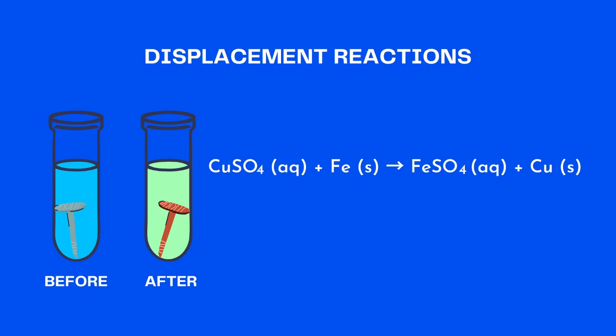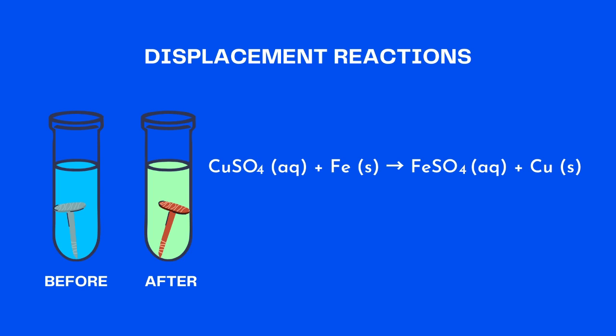Displacement reaction. You know the color of copper sulfate. Copper sulfate is bluish in color. Now we add an iron nail in this. What happens later is that the copper sulfate solution becomes a dull greenish color, and then there's a red color coating on the iron nail. What actually happens is the copper sulfate reacts with iron to form ferrous sulfate, and then there's deposits of copper. So in equation we write it as